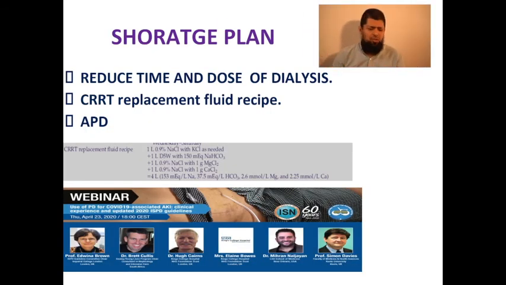And finally, for the shortage plan, if we face a shortage, and we hope that we will not face this situation, we hope that we will pass this pandemic, this outbreak, with a very limited number of patients in Kuwait. But if we face such a situation, our strategy will be to reduce the time and dose of dialysis. We will prepare the CRRT replacement fluid, and as shown in the figure, we already have that replacement fluid recipe. And for APD as a modality for acute kidney injury,